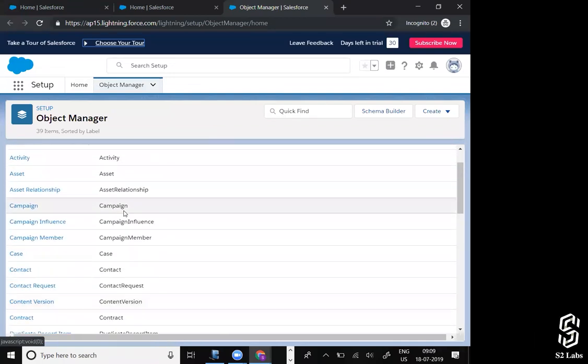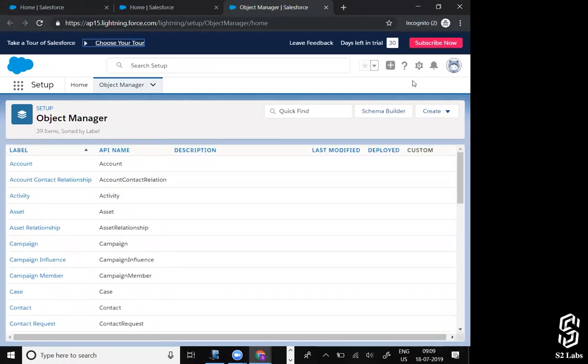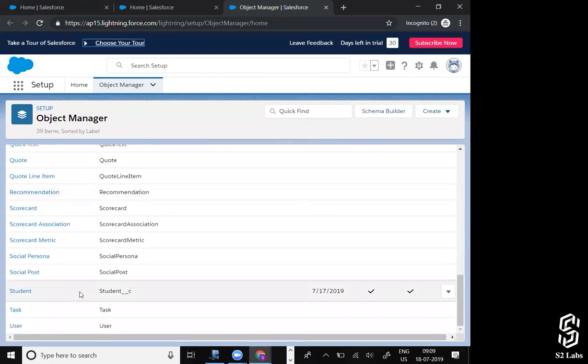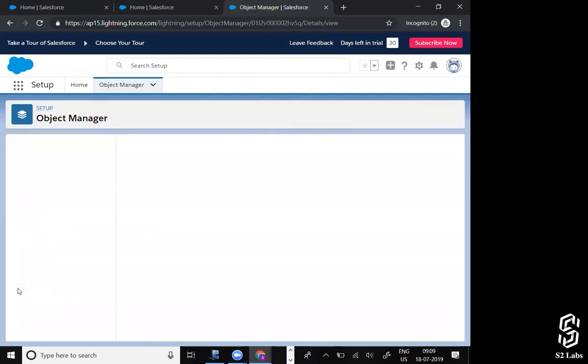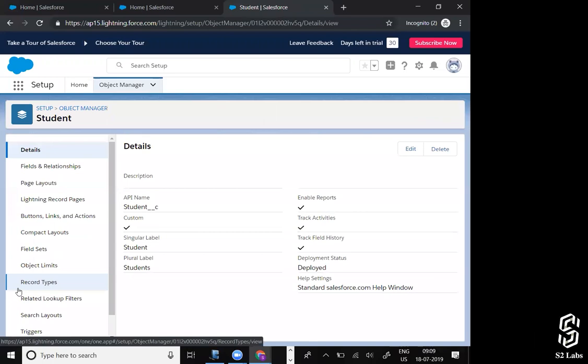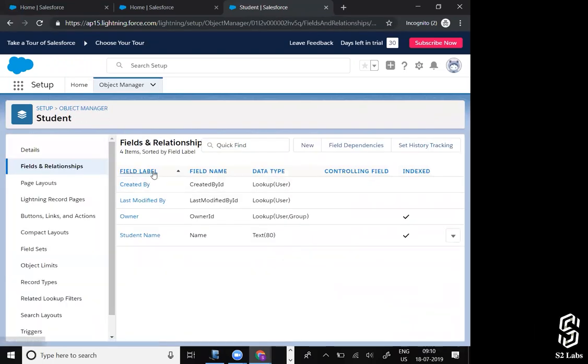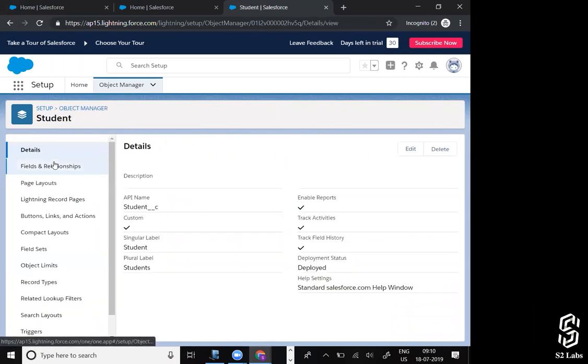Where is course? Student. Sorry, I mean, in the package it was course; over here it was student, right? So the student object got deployed in here. So that's how change sets work.